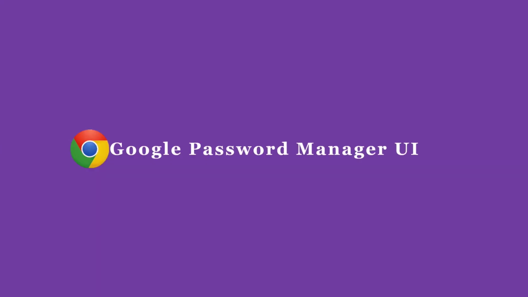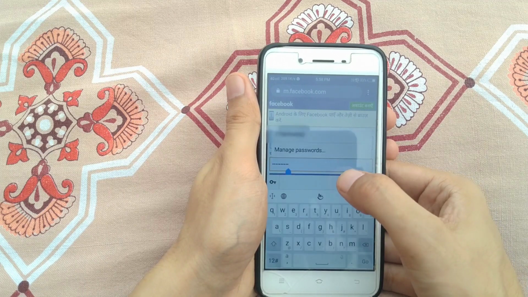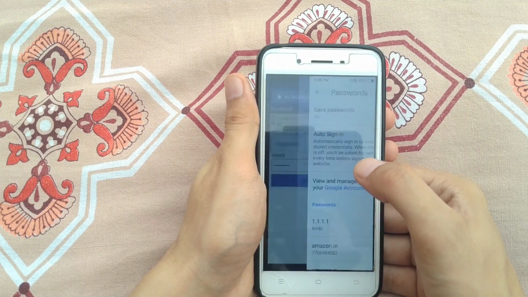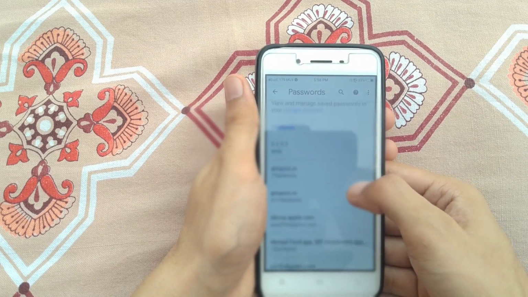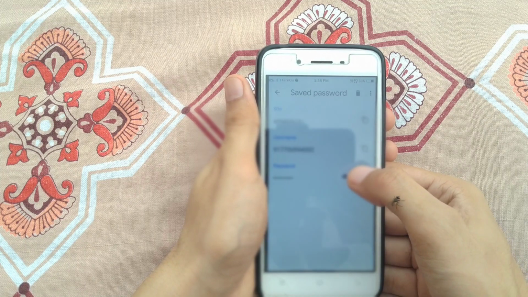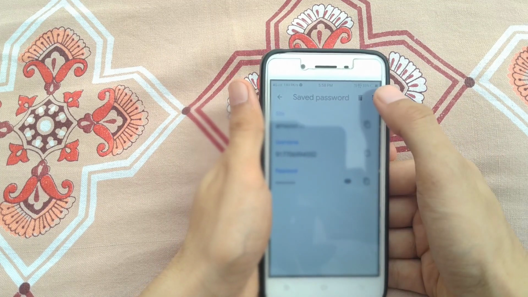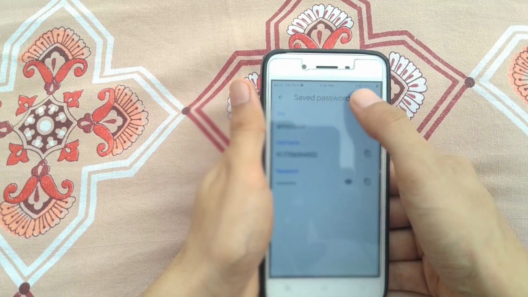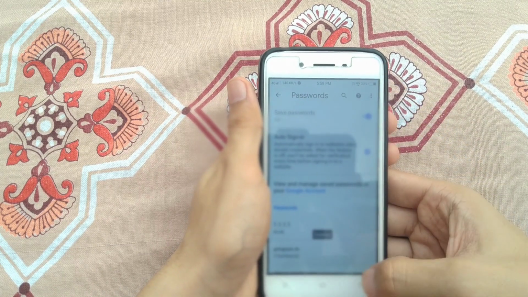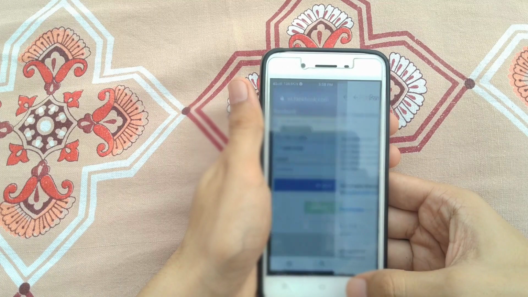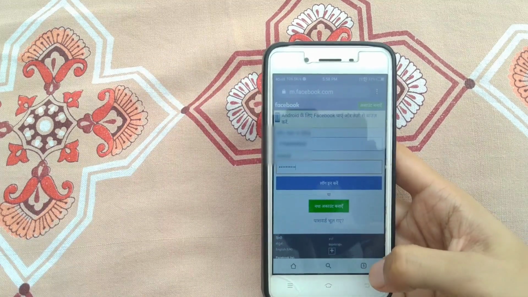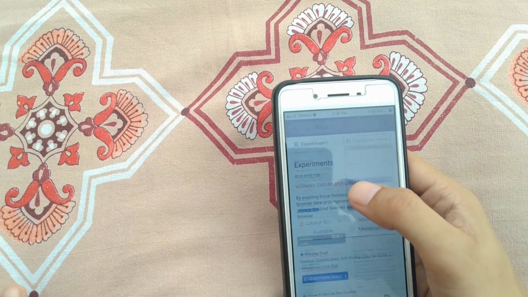Next one in this list is about managing your passwords. You must be using the Chrome autofill option to log into your accounts, but when you change the password of your account, you actually don't have the option to edit your passwords which are already saved into your Google account. The only option you have is to go to manage passwords and delete your saved account completely, and then log into that account again and save your new credentials, which is kinda annoying.